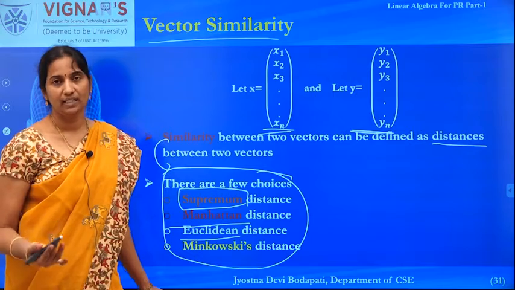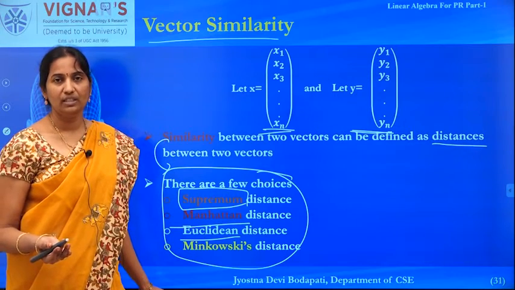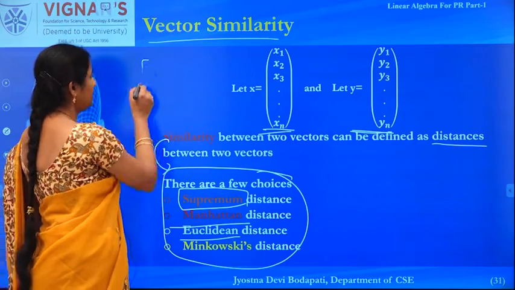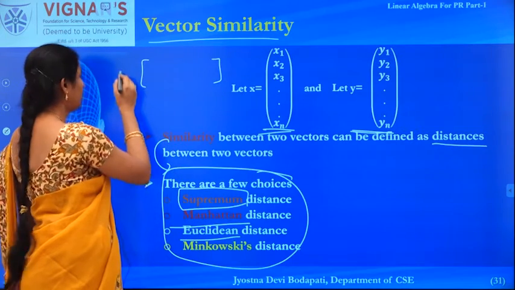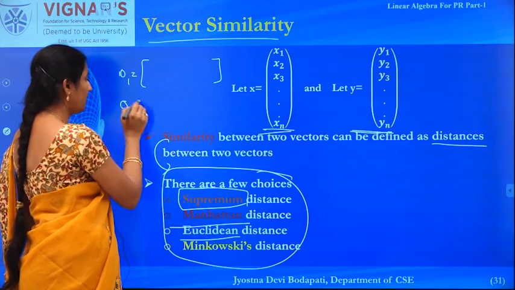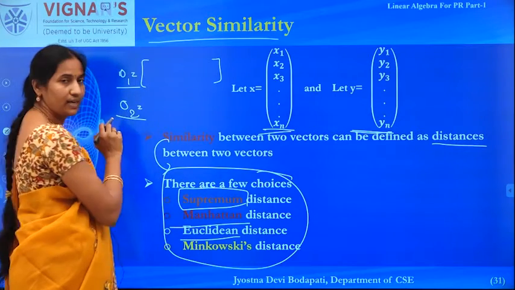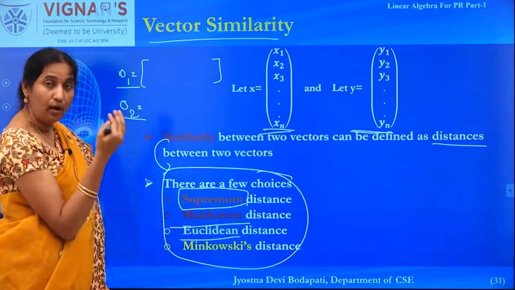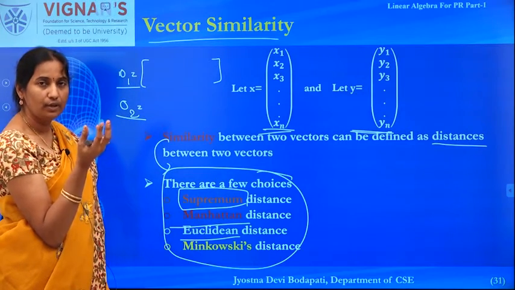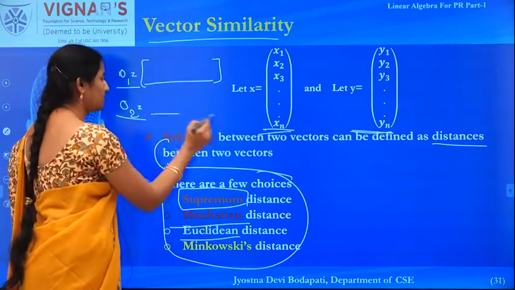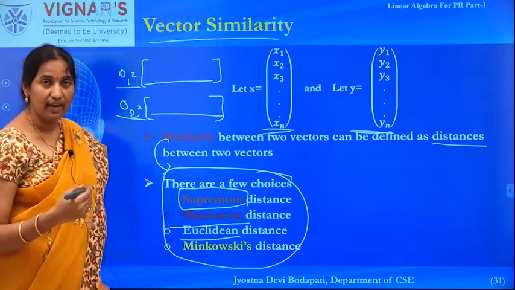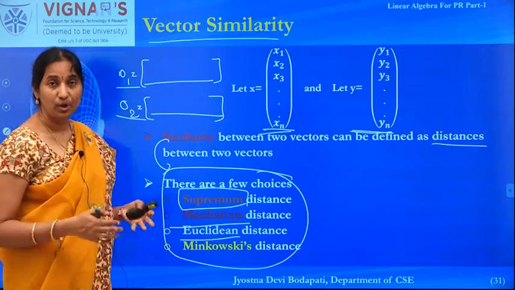In machine learning tasks, any data is represented as vectors. For example, I am representing some text as a feature vector, for the first object O1. Then I have another object. Say it is a document classification task, and I want to identify how similar these two documents are. So how do you represent the documents as feature vectors? This is one vector and this is the other vector. Now I should say whether they are similar or not. So how do I say that?